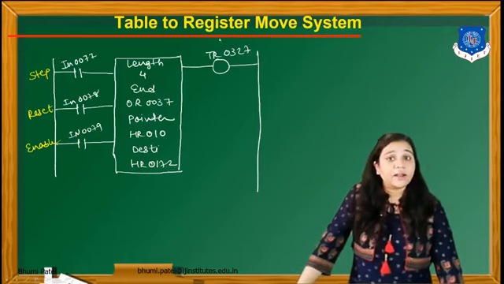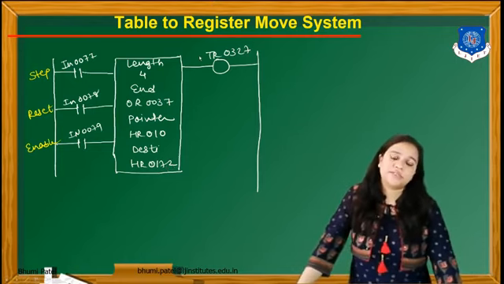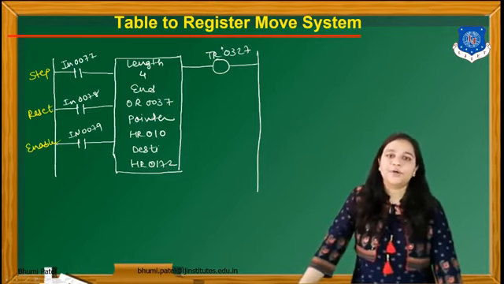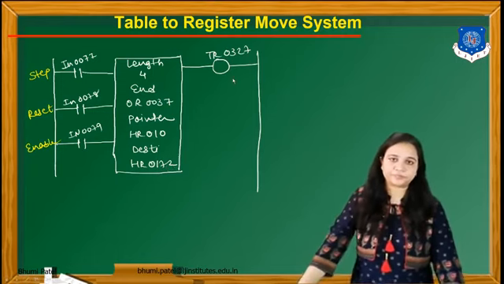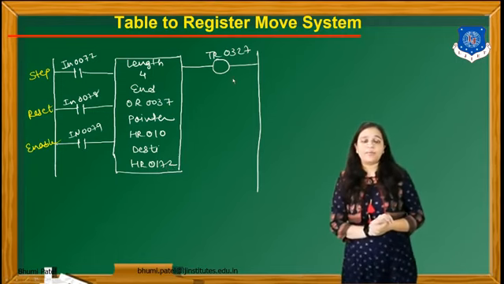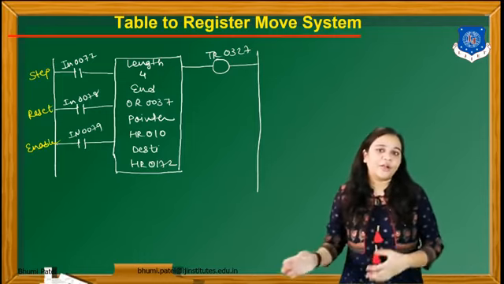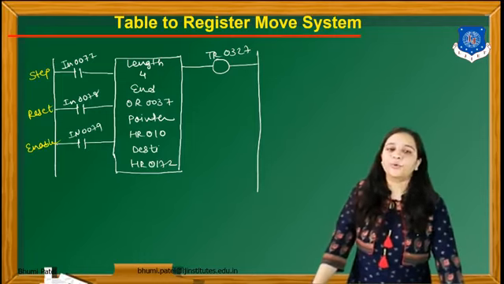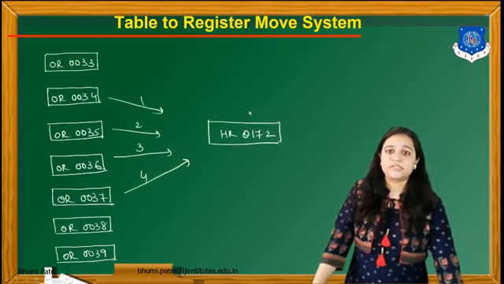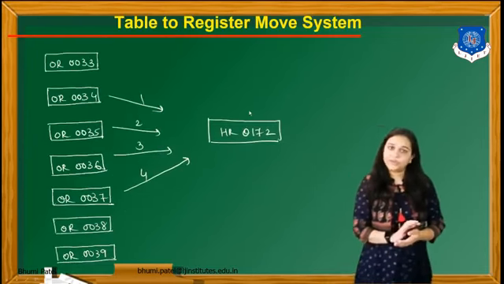It is HR0172, and the command for the table to register is TR0327. Okay. So at what time does the output go on? If all the data have been moved from table to register, at that time the output goes on. So this is the logic behind the table to register.